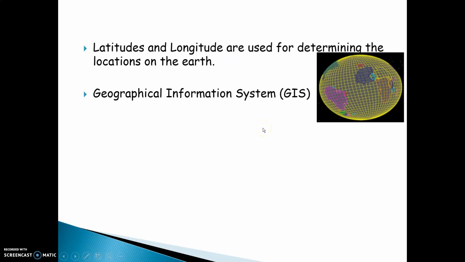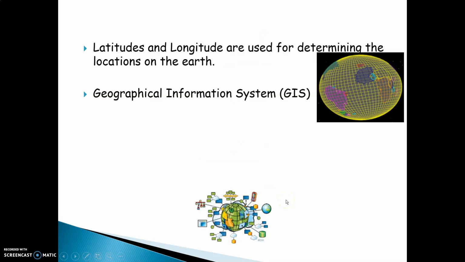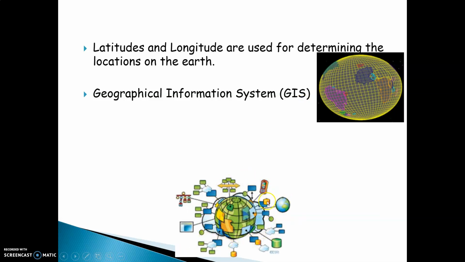Geographical Information System, GIS. Now, you know what the meaning of GIS is. For example, if you want to know anything about the world, you just have to go on Google and you get what you want to know. That is called Geographical Information System. This is an app through which we understand whatever is happening in various parts of the world. That is called Geographical Information System, GIS. This is how, whatever we want to know throughout the world, we get to know about it.